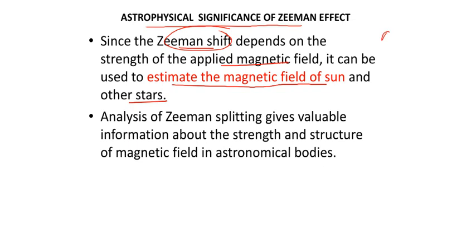Okay, and without such techniques it would have been impossible to measure the value of the magnetic field present at such large distances as that of stars. And the analysis of Zeeman splitting gives valuable information about the strength and the structure of the magnetic field in astronomical bodies. Remember,